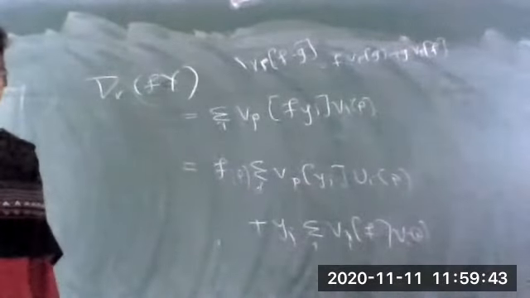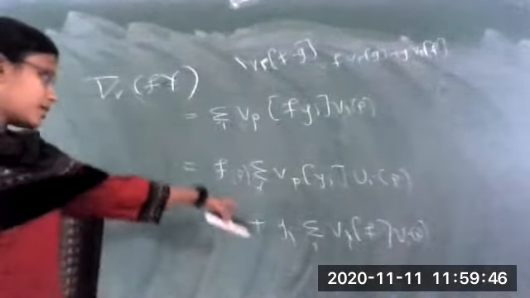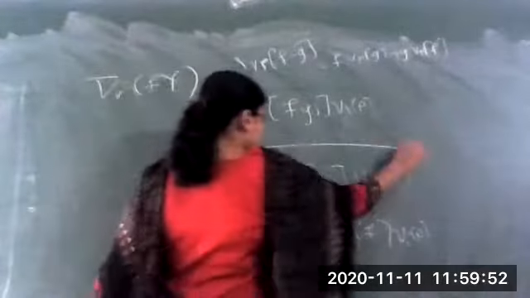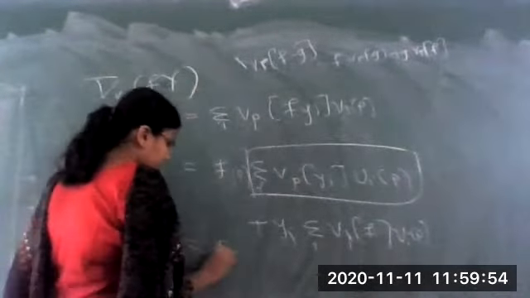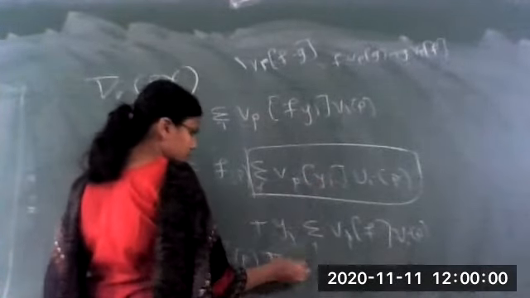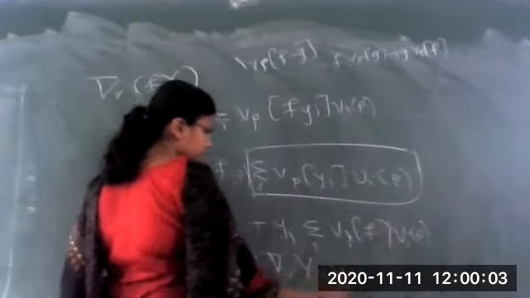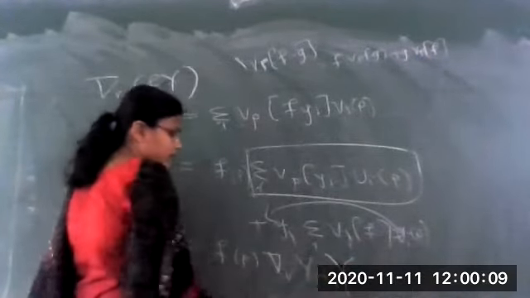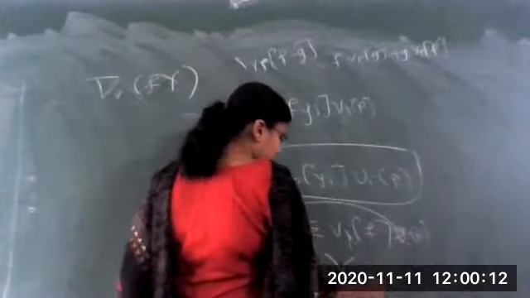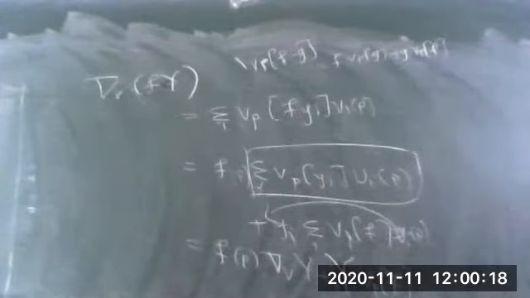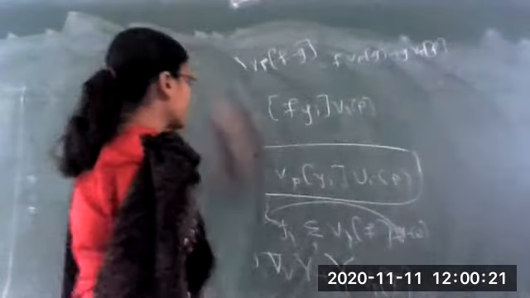So now again you can get the answer: this is nothing but V_p f, and this is nothing but del V Y. So what is the answer of this? This is nothing but f as it is, del V Y, since it is y_i, plus y_i as it is, y_i u_i. This y_i with u_i will give you capital Y, which is a vector field. What is this? This is nothing but V_p f, the directional derivative of function f in the direction of the tangent vector V_p. So this third property we have proved.